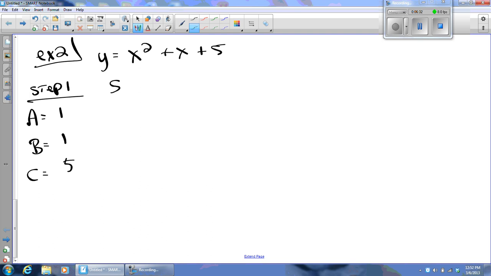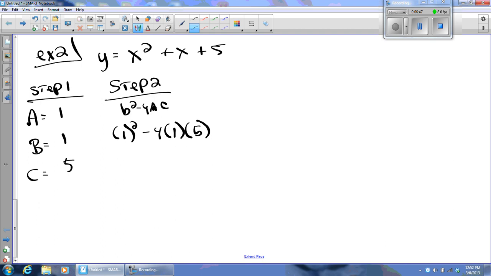All right, step 2. We're going to check the discriminant. B squared minus 4AC. Well, B squared is 1 squared minus 4 times 1 times 5. I'm going to get 1 minus 20, which equals negative 19. There is no solution to this, or no roots. Okay. Step 3,